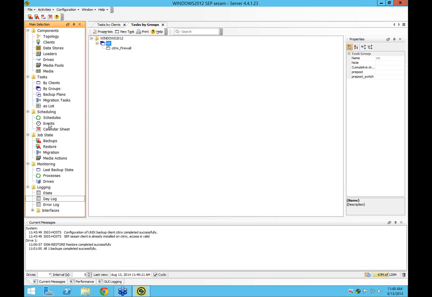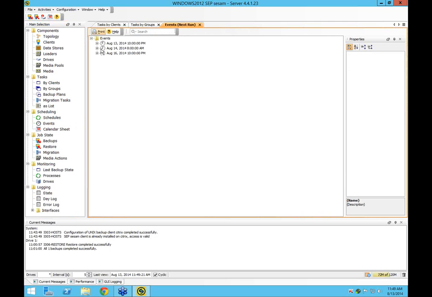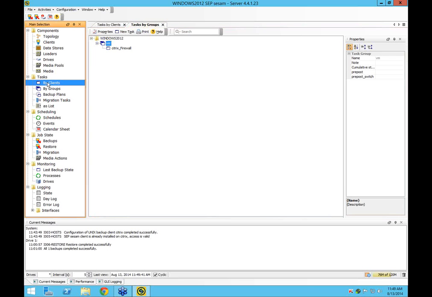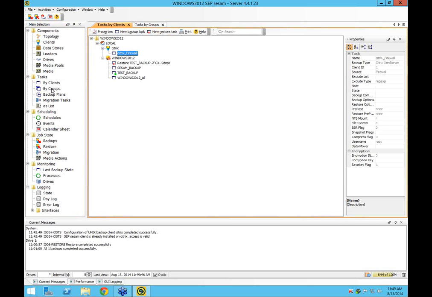There are various other views that show you things that are happening, like the future events that are going to happen today in the schedule, or migration or anything like that. And so you can see everything here and have a real consistent backup without having to actually sit there and babysit it all the time. At this point, that's really the basis of the technology.